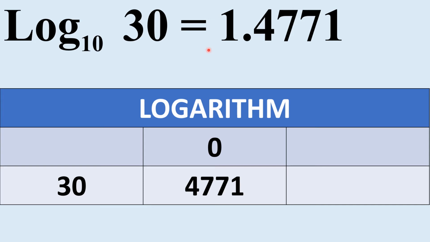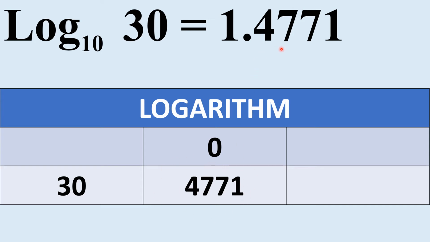Value of log 30 is 1.4771. 1 is the characteristic and 4771 is the mantissa. How to write the characteristic? After the 30 decimal is there, and on the left of the decimal 2 digits are there. From that 2 you have to subtract 1. So 1 is the characteristic. Now how to write the mantissa? In front of 30 under the column 0. If nothing is there, you search it under the column 0. So in front of 30 under the column 0, in the logbook you will get 4771.